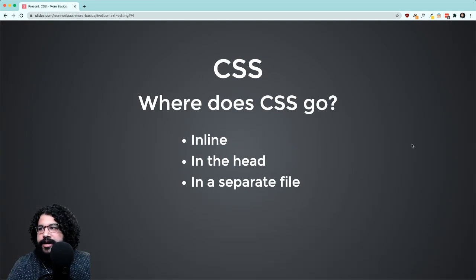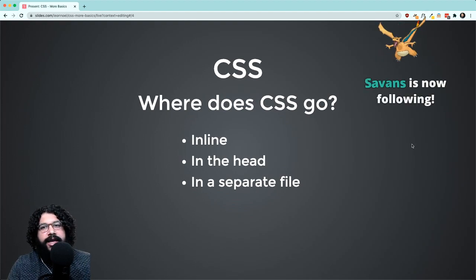CSS. Where does our CSS go? Spam it in chat, please. Where does the CSS go? Boom. In a separate file. Yeah, CSS goes in a separate file. If we're adhering to that separation of concerns, we're going to put our HTML in one file. We're going to put our CSS in a different file. Now,